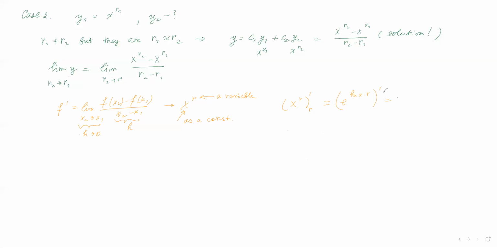Remember, the derivative of an exponential function is what? The exponential function itself, multiplied by the derivative of, when it's a composition, the second function inside, right? Here, ln of x is a constant, so we have a constant multiplied by r. If we differentiate it, we are just going to have ln of x here. We're almost done. That's not going to take any longer.